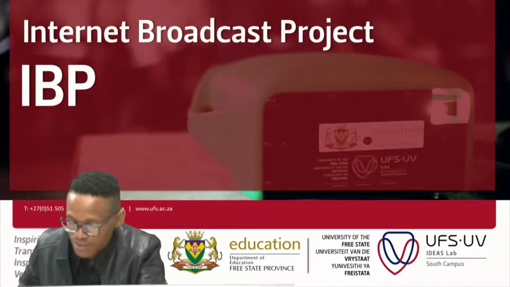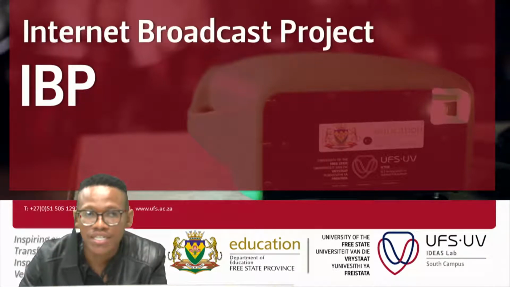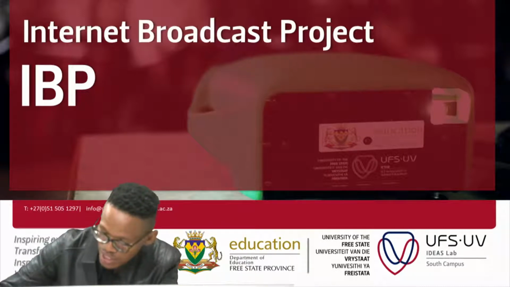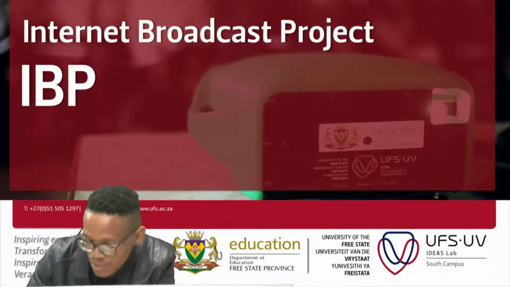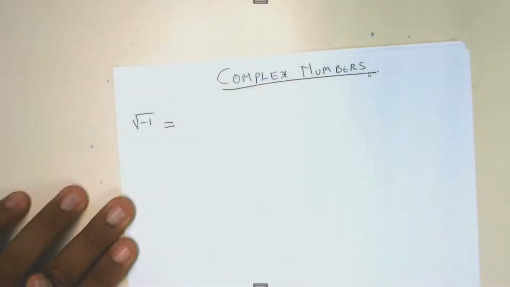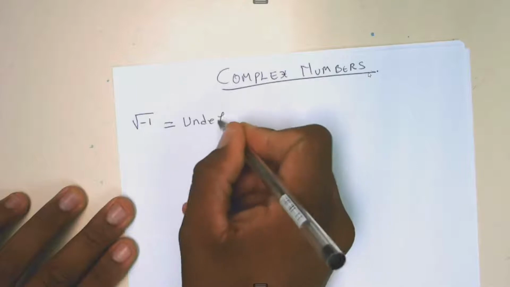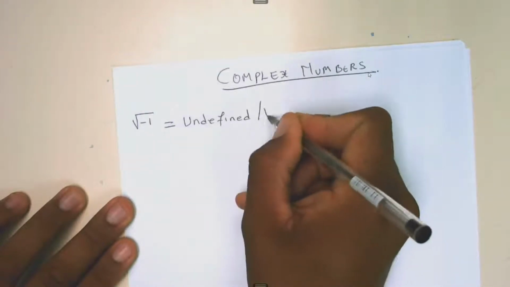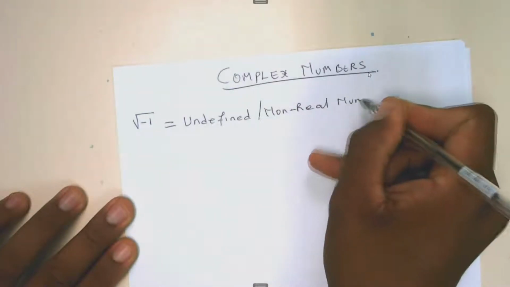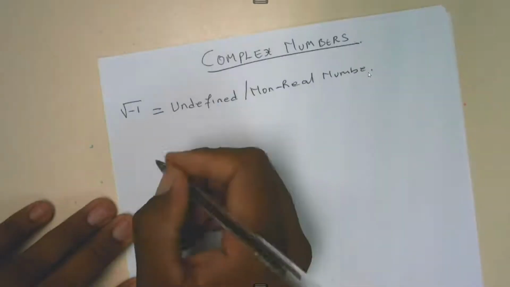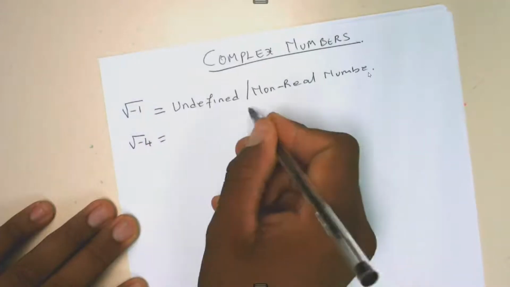When we started in grade 10, we started with the real numbers and non-real numbers, and the complex numbers come from the non-real numbers. As you understand, if we have the square root of -1, according to mathematics and mathematical literacy, they usually say this is undefined or a non-real number. So in other words, we have numbers like the square root of -4, which will be the same answer in